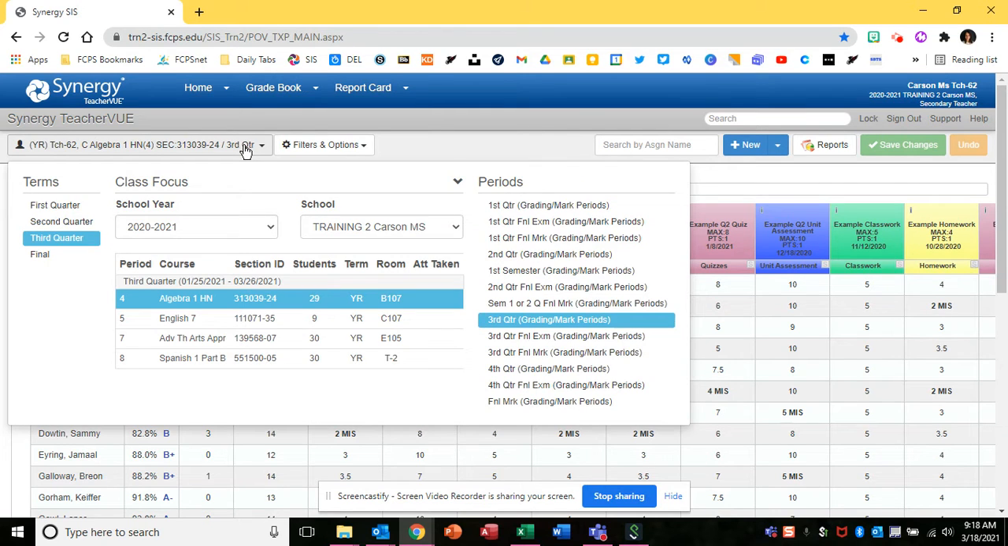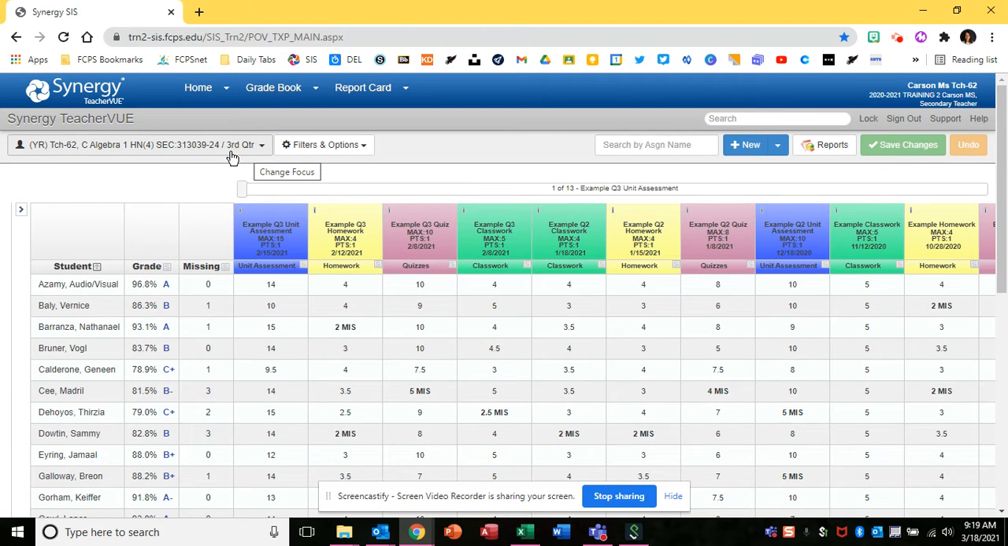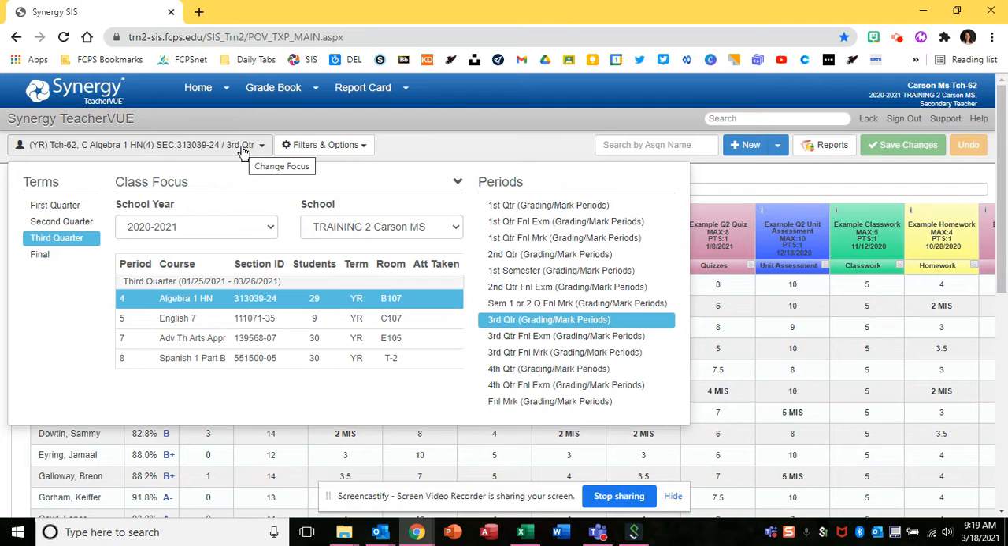So I'm going to make sure I'm in the third quarter here. Whenever I click on my class focus, I should see it says third quarter. And just keep in mind for your semester classes, you're going to need to follow this process for all class sections. So if you have a teamed section, like 2 period 7s show up, you're going to need to do this process for every single section in your gradebook. For the purpose of this video, I'm just going to show you the steps for one of my class periods,